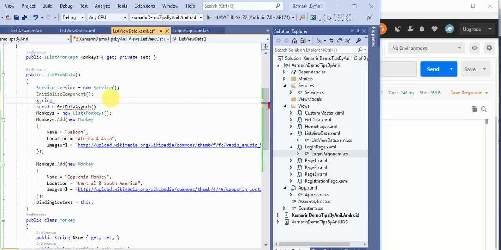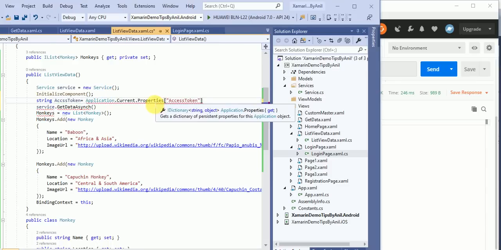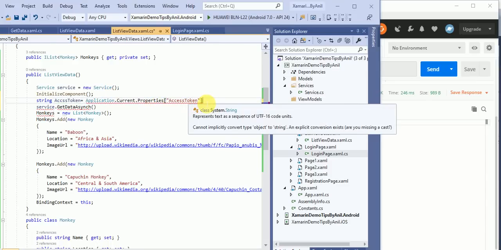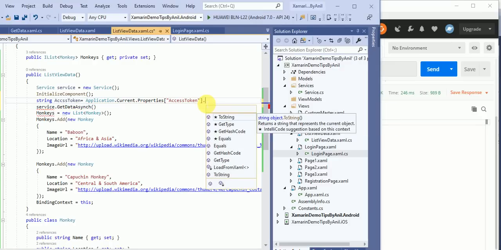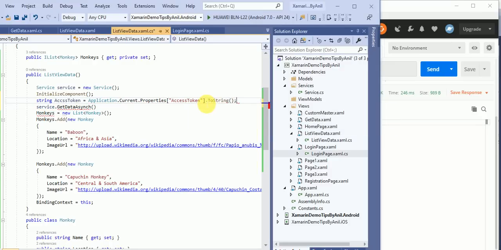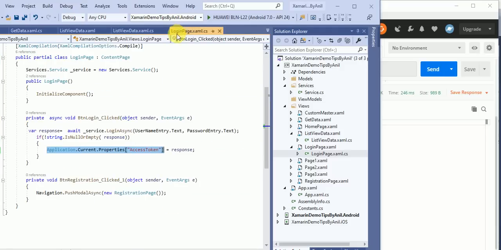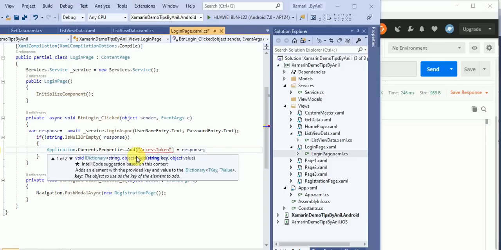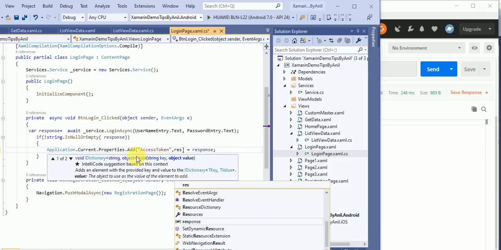Now using Application.Current.Properties we will get the access token. String access token equals property, dot add, and access token, dot response.